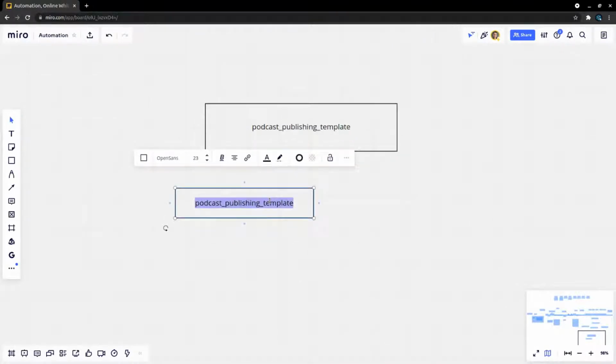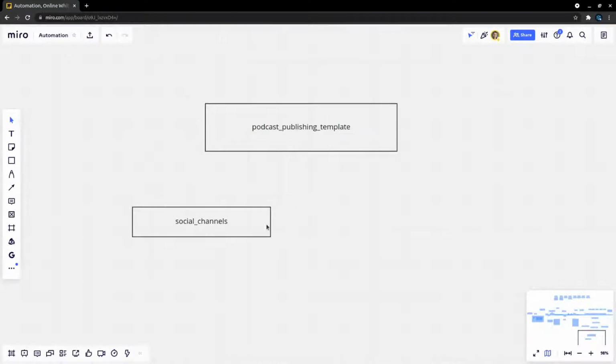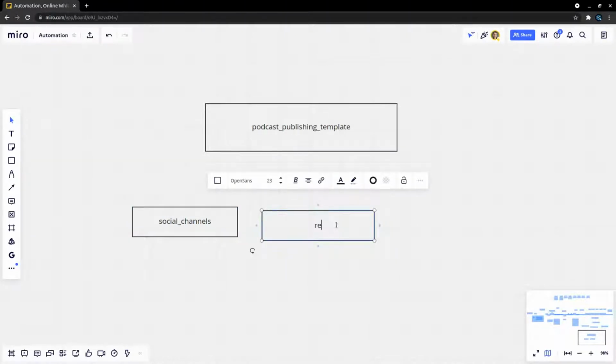So what do we want to have here? It needs to be able to have social channels. What else does it need to have? It needs to have scheduling as well. So maybe we could have in here releases.